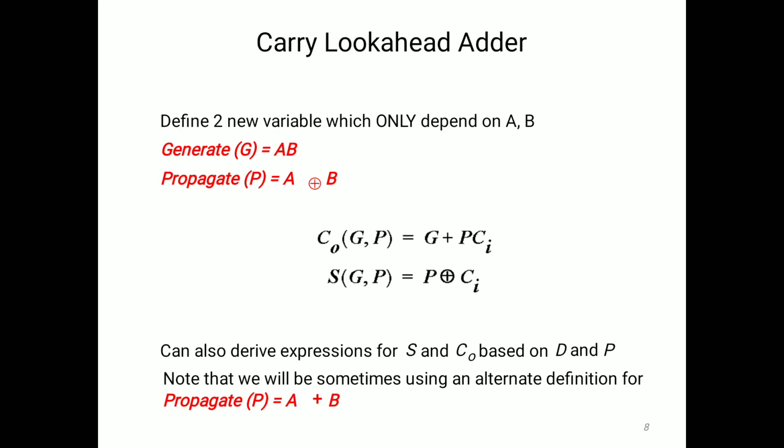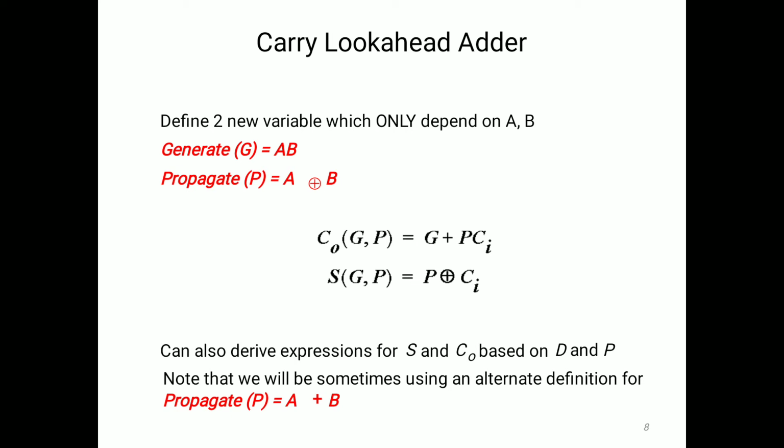Then next one is the carry lookahead adder. Why we are going for a carry lookahead adder is, in the ripple carry adder the last carry depends on the previous carry. So each block contains a carry that has to be transmitted to the next step. But in the carry lookahead adder, the last adder depends only on the first adder. So this is the carry lookahead adder.